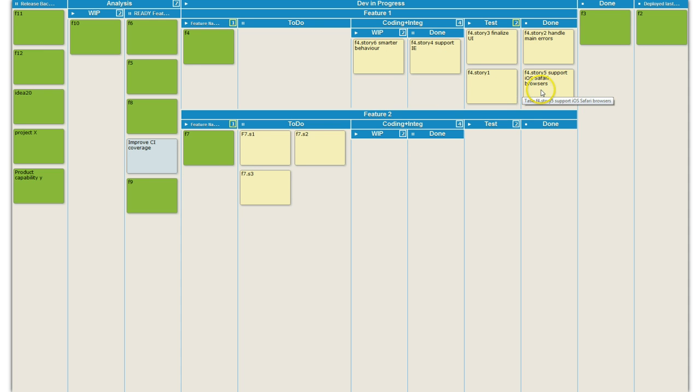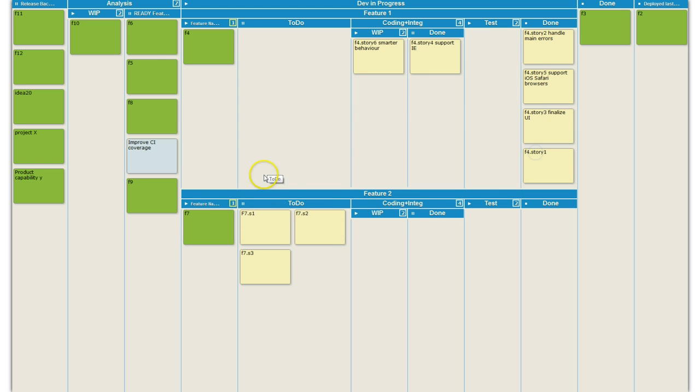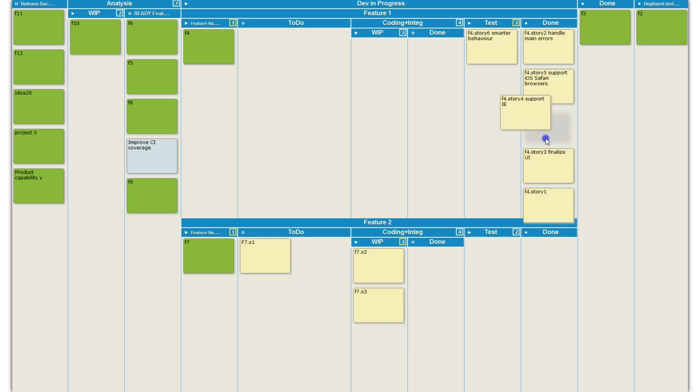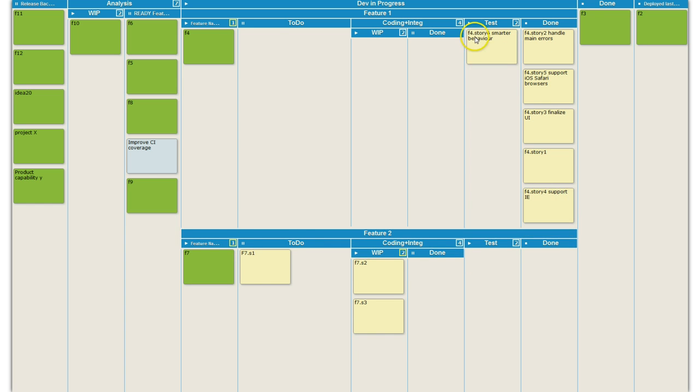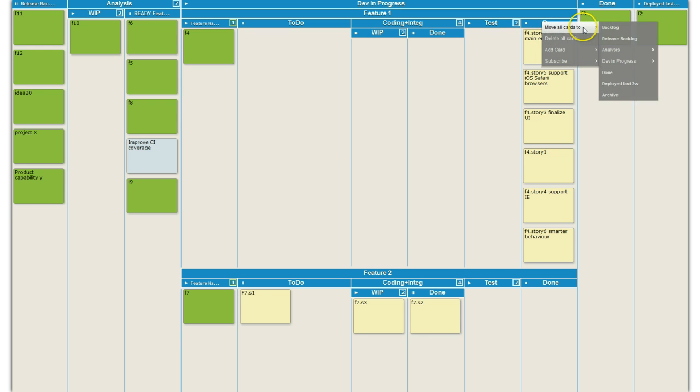And if we accelerate through this, and see how it looks like. Let's hold for a second. Let's assume that we